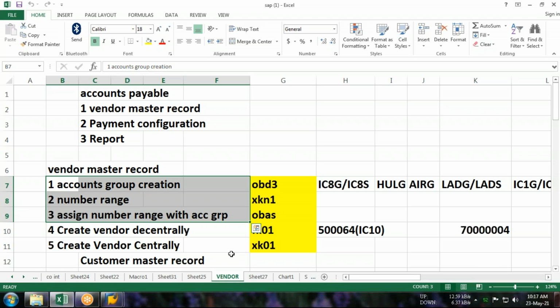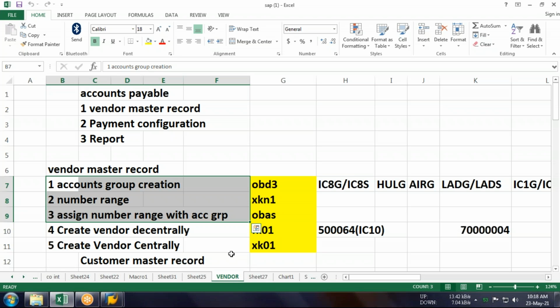Okay. So I repeat, guys, once again. Parameter should be totally the user choice. There should be a domestic vendor, there should be the foreign vendor, there should be the vendor for goods, vendor for service, whatever. Whatever classification you have, every classification should be known as the accounts group in SAP. So sir, how many accounts groups shall we create? It totally depends on your choice. There will be no hard and fast rule.